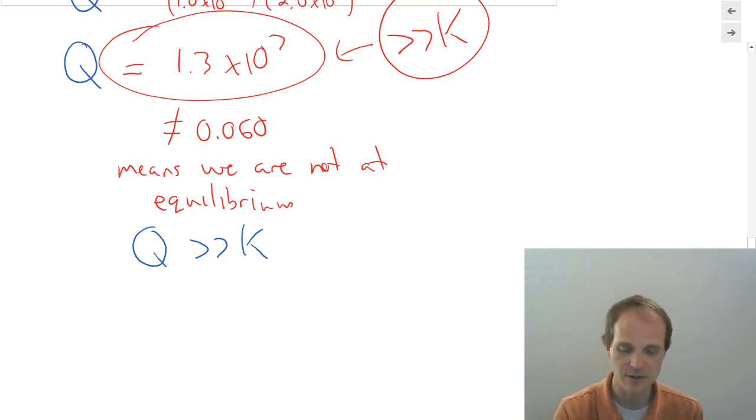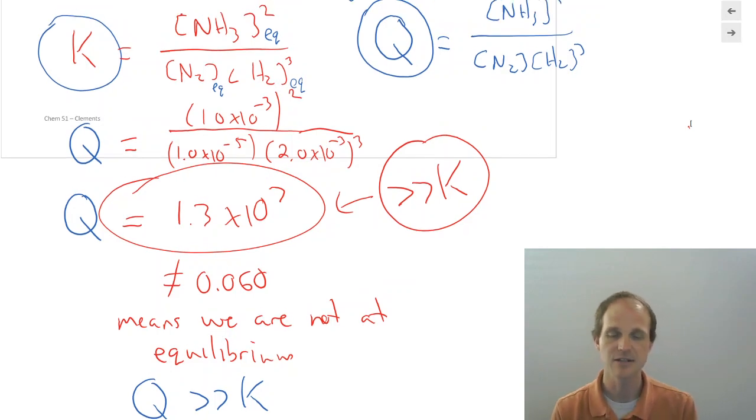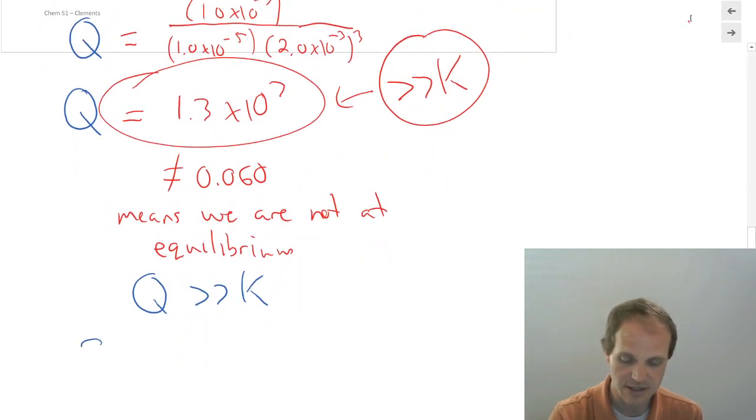What does this mean? Q is greater than K. Since Q at equilibrium has to be equal to K, right? Because that's just the definition of Q. It's got the same form. So at equilibrium, it's equal to K. We're going to edge towards a situation where Q is equal to K as time progresses. Since Q needs to decrease,